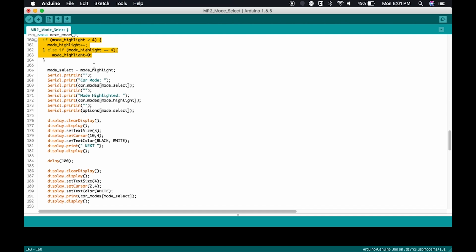That'll allow it to go 0, 1, 2, 3, 4, 0, 1, 2, 3, 4, instead of going 0, 1, 2, 3, 4, 5, 6, 7, because we only have 5 modes going from 0, 1, 2, 3, and 4. Hopefully you follow that. If not, let me know if I made this too complicated. Okay. So, once that's done,